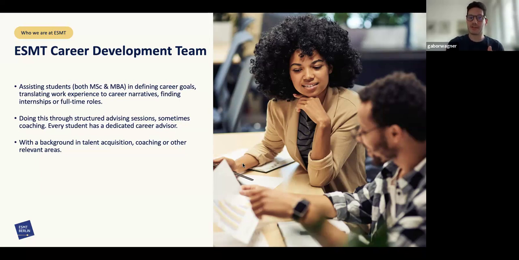And how we do that is that we all have a background in either talent acquisition, like myself, with 10 years of experience in talent acquisition. So I hired thousands of people already. My colleagues come with coaching or other relevant backgrounds. So this is how we put together what we all know and help students along the way.